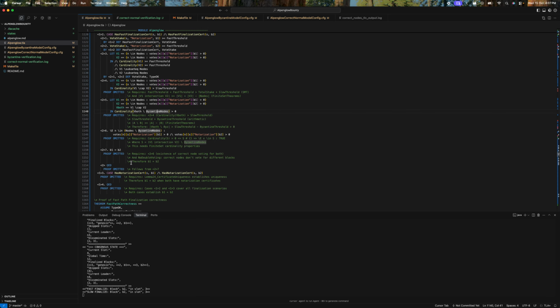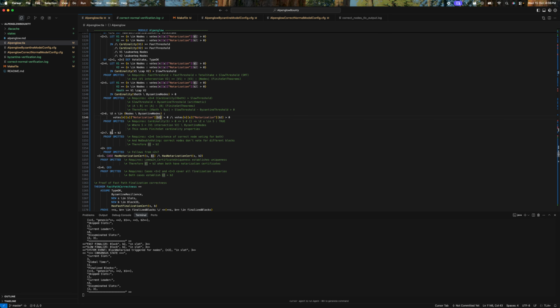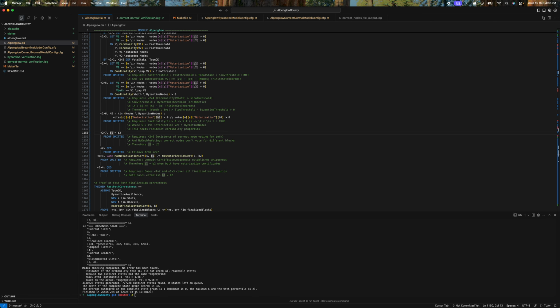So in 2.7, as you can see, there exists a node in nodes minus Byzantine nodes which had voted for both b1 and b2 for the notarization certificate. But as in 2.7 we have a correct node that voted for both b1 and b2, but no double voting says a correct node doesn't vote for both two different blocks. So two different blocks cannot be voted by the same node. So as you can see, our Byzantine case